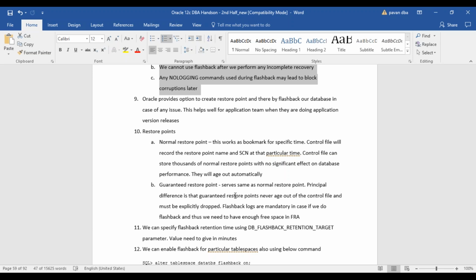In restore points, we have two options. One is a normal restore point, in which your control file will record the restore point name and the particular SCN,